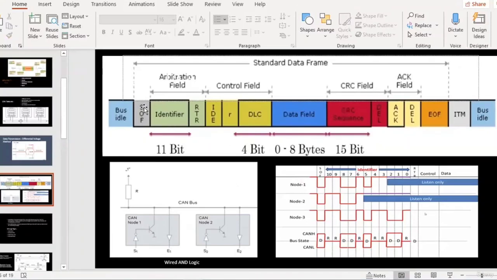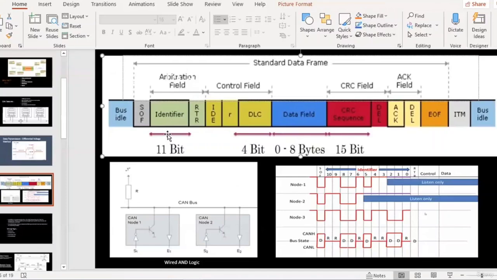Okay, so just to come back to the CAN frame, this is basically a data frame, and I'll tell you what data frame and remote frame are later. But try to understand this particular formatting. The frame starts with the start of frame, which is common to all the frames. Start of frame is basically one bit of data, which is a dominant bit. Dominant means it is a 0, digital 0. Then it is followed by the identifier field, which is the arbitration field, also called the message identifier or message ID, and it is an 11-bit identifier.